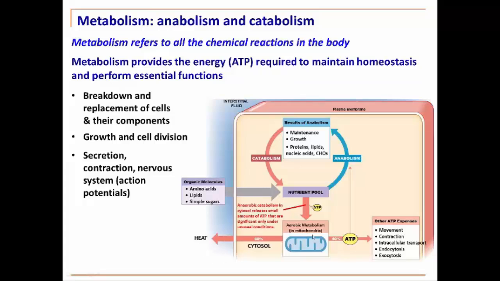So now we've got this nice build-up of ATP, so we've got a nice bit of ATP in our cells. We've still got some nutrients left over from our meal, for example. And so we think, right, we better store these away. So we use the ATP anabolically for maintenance and growth of our tissues, to make proteins, to make lipids such as triglycerides, to replicate our DNA and RNA, and to make our carbohydrates, in particular our glycogen, our long chains